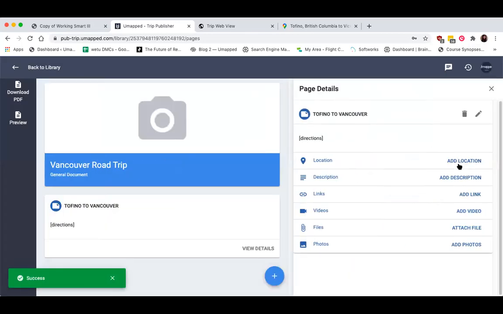You can then add the location to this page. So if you do want that little map to populate for something like directions, like the drive to go to BC Ferries so that they know exactly where they need to go, I would really recommend making a document, because that's how you're going to be able to access this location. Like I said, you're not going to see this on any other segment type in a trip. It's really exclusively for the library.